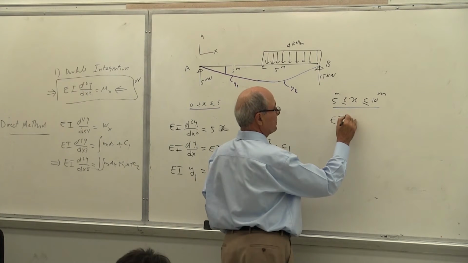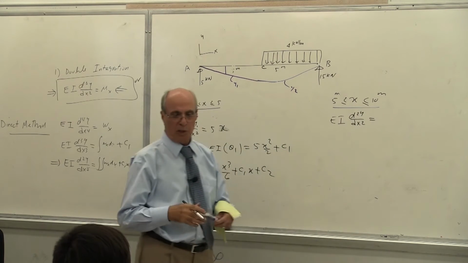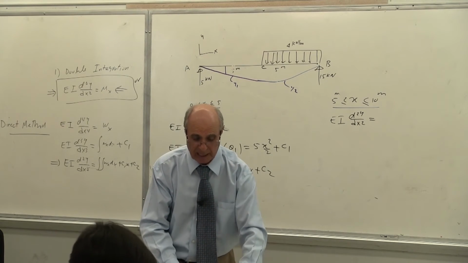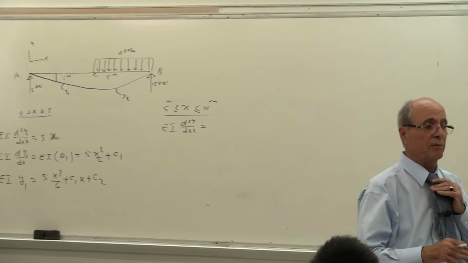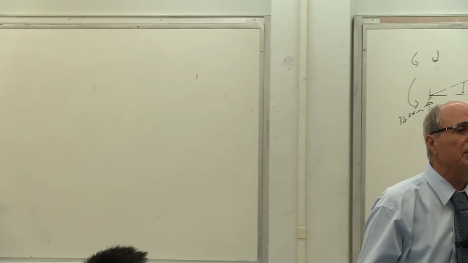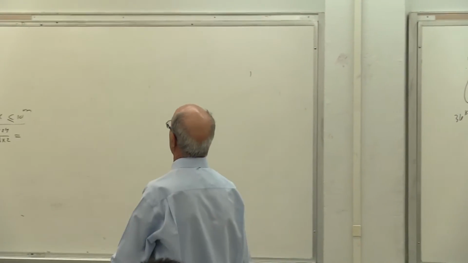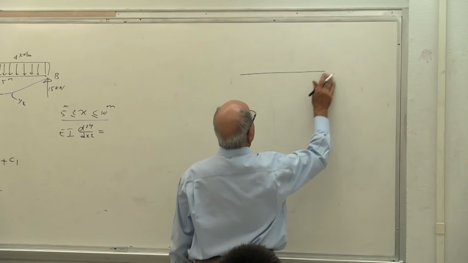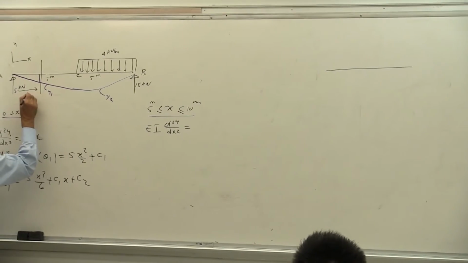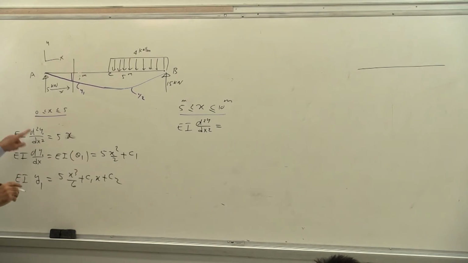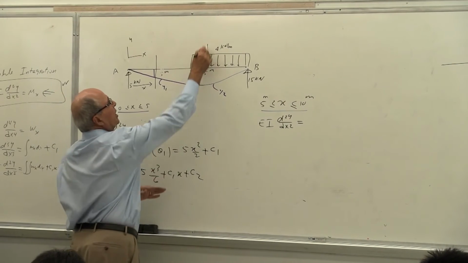EI d2y over dx squared equal to. Now this one, since this is the first time, and I noticed previously some of you, not all of you, a few of you had problems with writing this as a function of x. Let me do it with a free body diagram one more time. But then again, you should be able to do it by looking at it. This is the system. This time, notice the first time I cut here and called this distance x. So the answer was 5x. Is that correct or not? 5 times x, correct? Now I have to cut it here, yes or no?